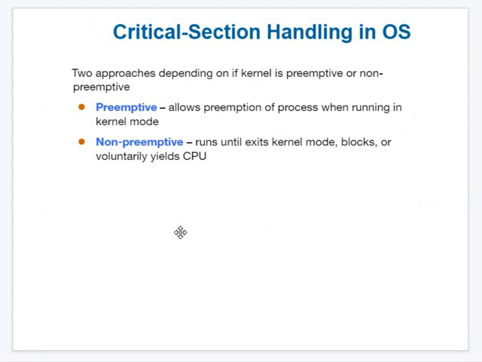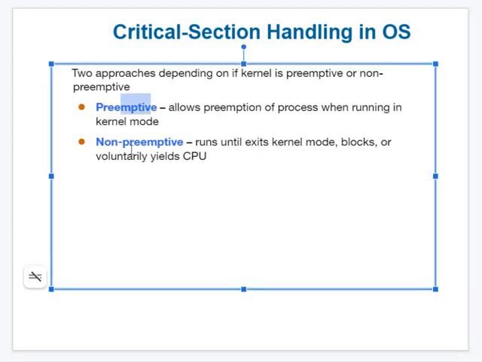Now, how the different operating systems handle this: some operating systems use preemptive, some use non-preemptive. What do you mean by preemptive? A resource is given to someone and a new process comes. If you stop the earlier process and give the resource to the newly arrived process, it is called preemptive. In non-preemptive, you won't give the resource to anyone else. A very simple example: you are watching TV and the remote is with you. If your father comes to the same place, you have to give the remote to your father.